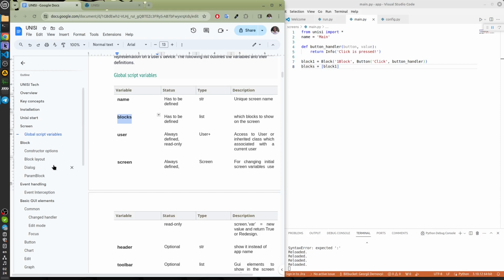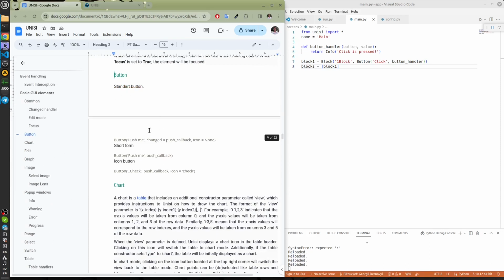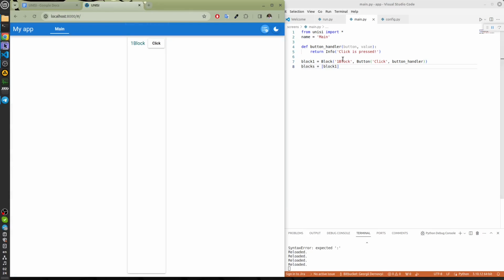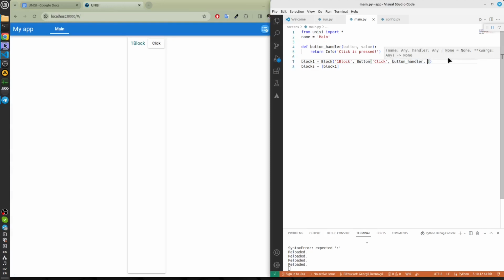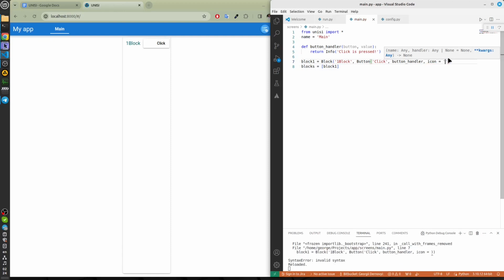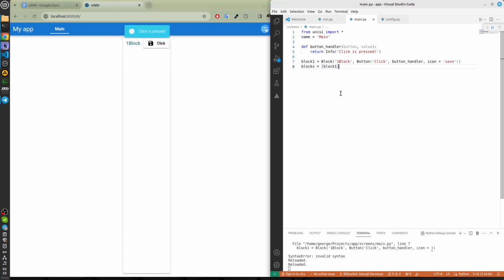Let's look at the button constructor. The button constructor gets its name first. The second argument is the push handler. And there may also be an icon. This is a shortened form that we used. Add an icon to the button and see how it looks. All icons are the names of the Google Material Design icons. So we have specified an icon. It appeared and works the same way.